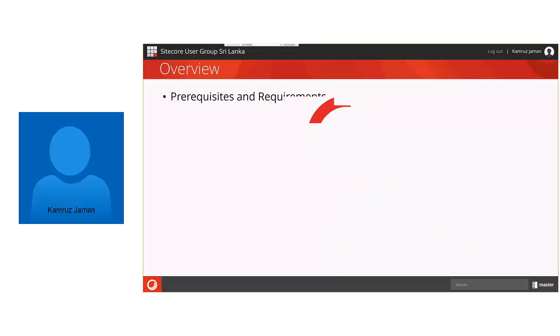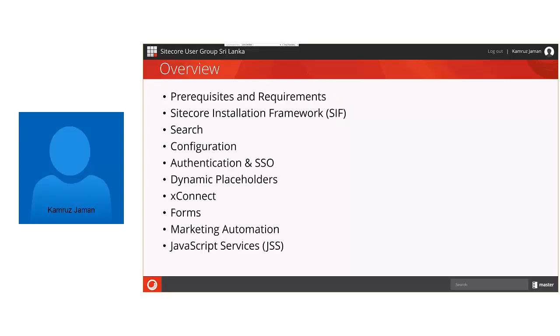I'm gonna briefly go over a few bits of these. There seriously is a lot in there, and going into any depth on these will take a lot of time, but they're almost presentations in their own right. But I'll try and cover these areas and go through a few little bits like the Sitecore installation framework, some changes in search, the configuration. There's some major changes in there in a good way. Some changes in authentication, dynamic placeholders, and